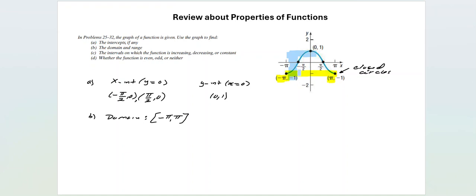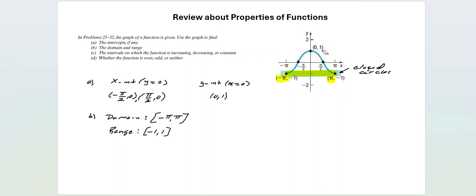So we can see how then the range of this function is basically from -1 to 1. All my function is contained in between those y values, right? So I can say now in interval notation that the range of the function would be from -1 to 1 using brackets, because we have closed circles, so that means that -1 and 1 are included in the range of